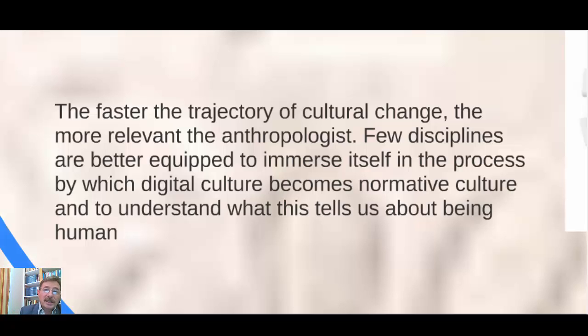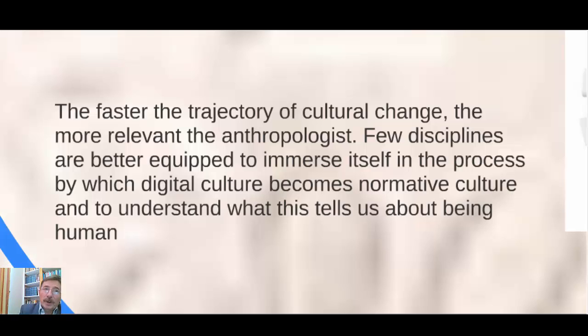It's not the things that are out there. It's not the websites. It's not the gadgets. It is the processes by which we humans interact with and normalize those gadgets to have them be part of our landscape. We remain as human as before the digital era, but we have embraced that new technology, and that has become our norm. And that's what we're fascinated with, and that's what this is all about.